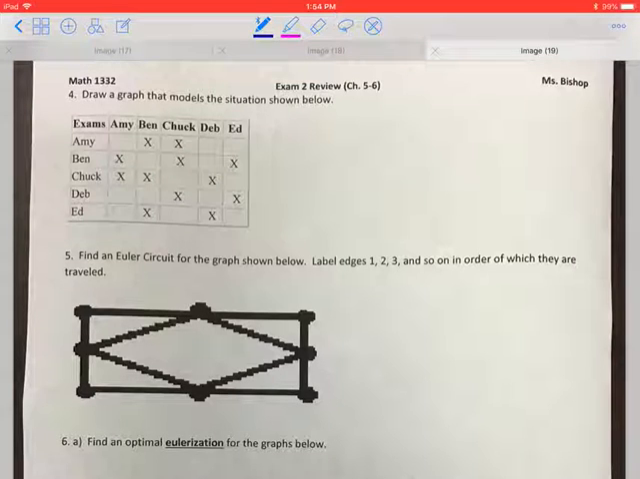In this video, we're going to look at number 4 and 5 on the Exam 2 review. So the number 4 asks us to draw a graph that models the situation below. So we have 5 people, and we've got X's representing some type of relationship between them. It doesn't really tell us what it is, but maybe they were partners, they were allowed to work together, something like